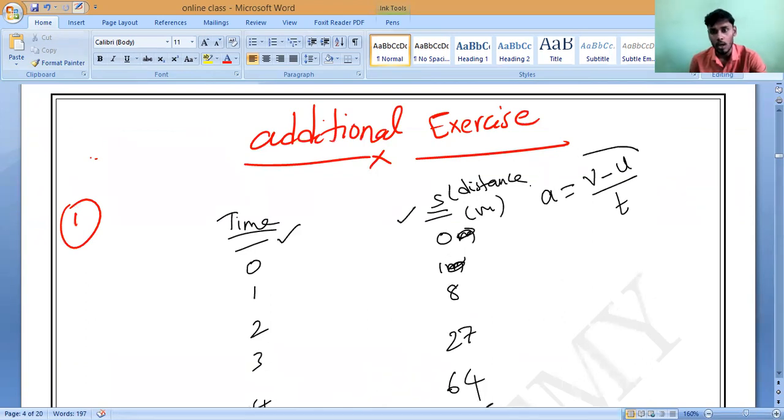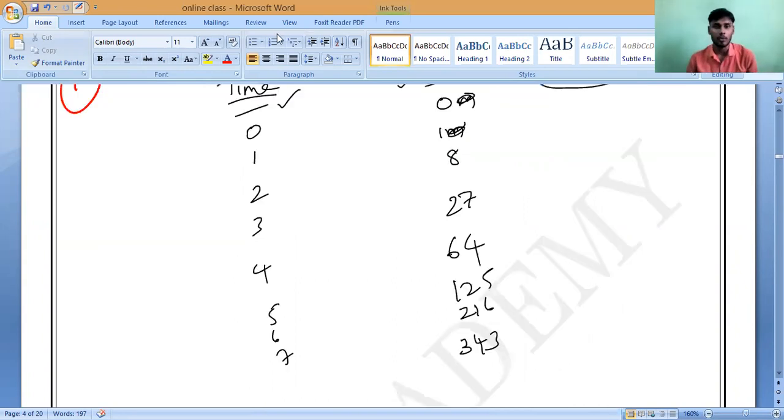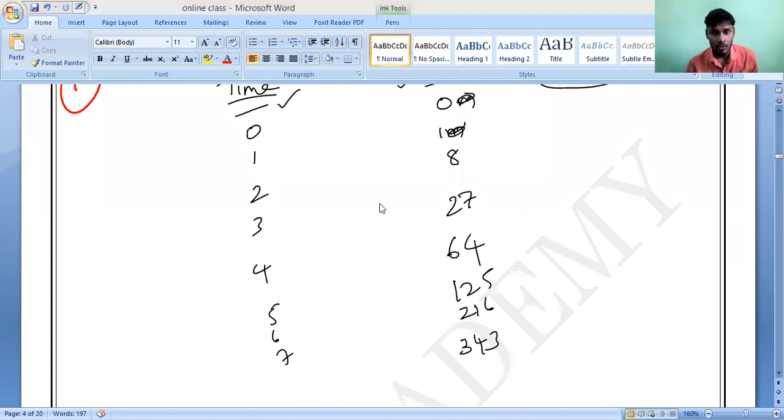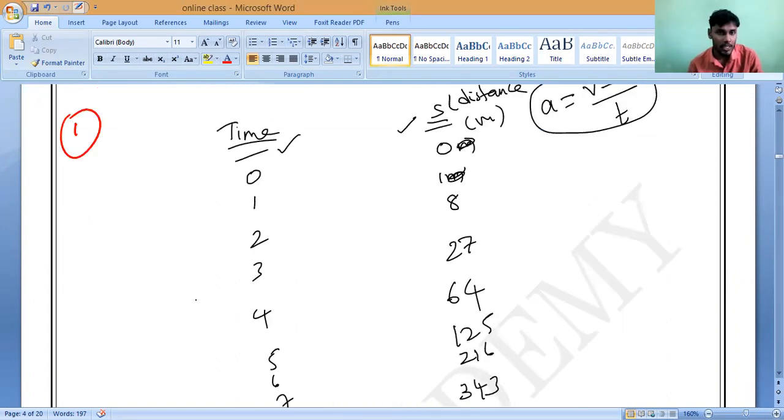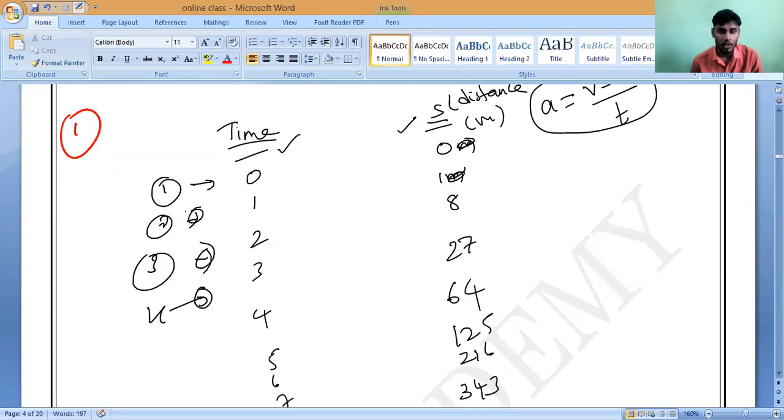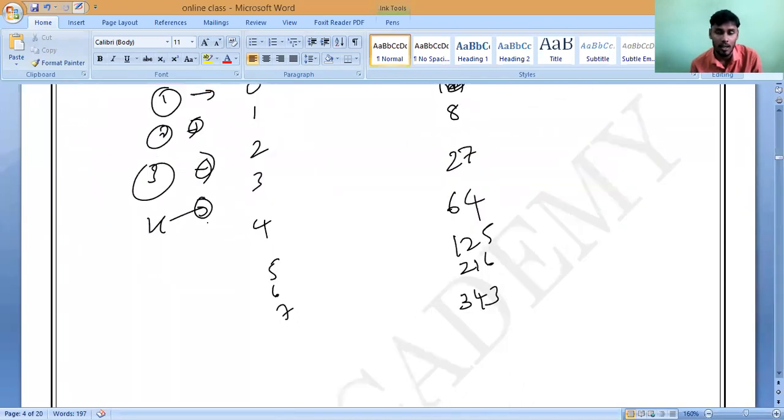So how do we need to do that? Any idea first? As we know the time and distance, we can calculate one thing. What is that? Tamil Selvan, Manya, Elamukil? Speed, very good. So let us say we have totally how many cases here? Let me imagine this is case 1, this is case 2, case 3, case 4. Let us take one or two cases, then you can understand.